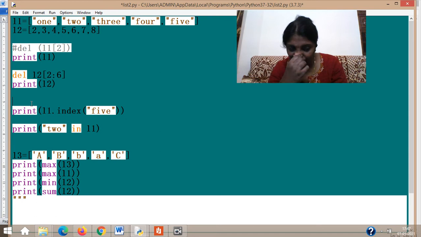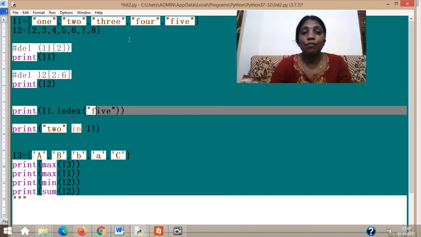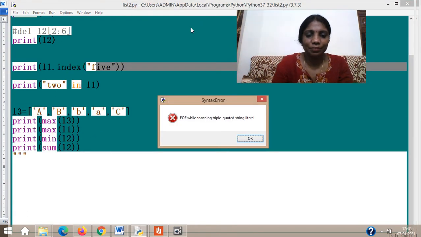This time I just wanted to show you the index. Remember index of 5. If I give it like this, which one will happen? Index of 5. 5 is this value, so it is going to give you 0, 1, 2, 3, 4. Just to remember how it is happening.